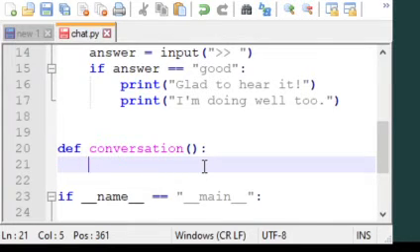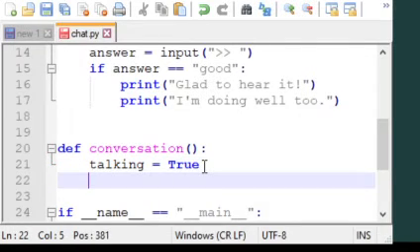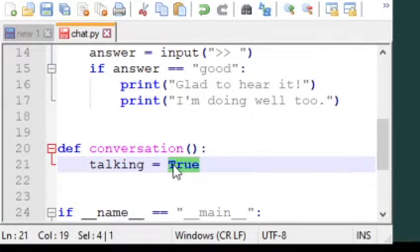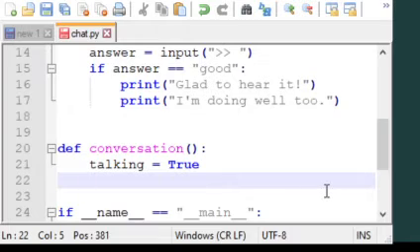We're going to have a variable called talking, and we're going to do an assignment statement. Talking equals True. True and false in Python, the initial letter is capitalized. So it's going to be either the word True or the word False, and these are like special built-in values. So talking equals True. So while talking, okay, the variable is lowercase. Talking, colon,